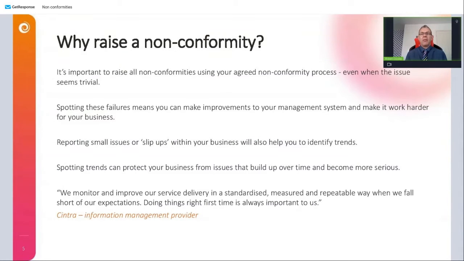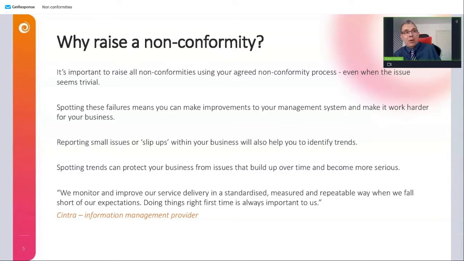What is repeating itself? Why is it repeating itself? What are we doing to prevent that from repeating itself? Essentially, what we're looking at there is we're looking to make things a little bit less serious in terms of impact on the organization. Now, there's an interesting quote there from an organization called Sintra about non-conformances, and it states